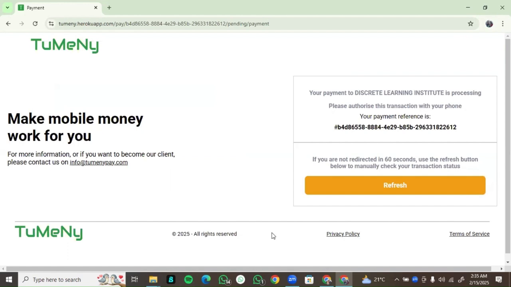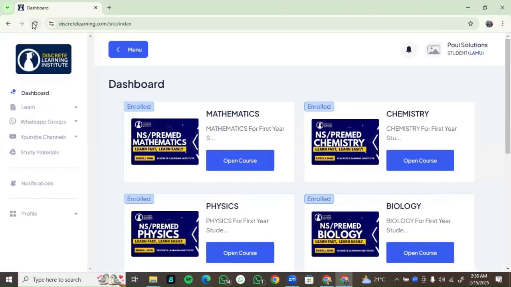Okay, so let me input my password on my phone. Right, so I've input my password, and then you are going to click on refresh. All right, so once it's done refreshing, it's going to take you back to this page. Now you can see that on top there, it's enrolled in math, enrolled in chemistry, enrolled in physics,